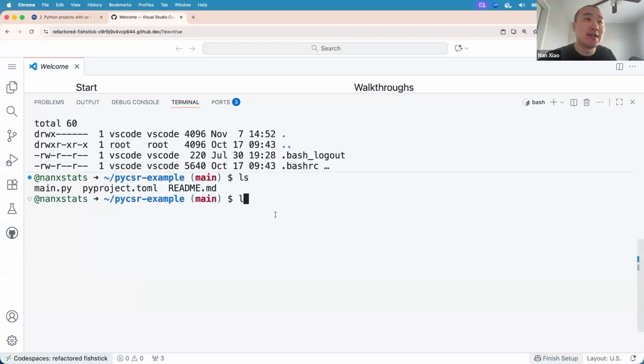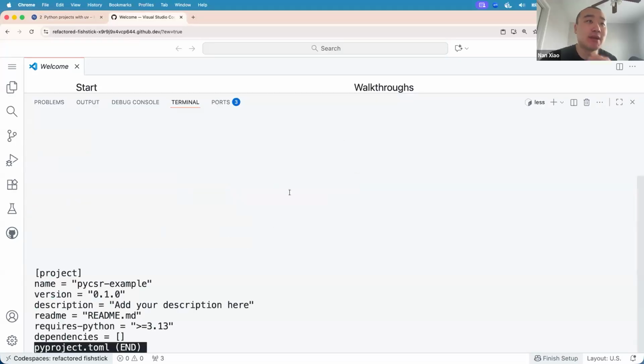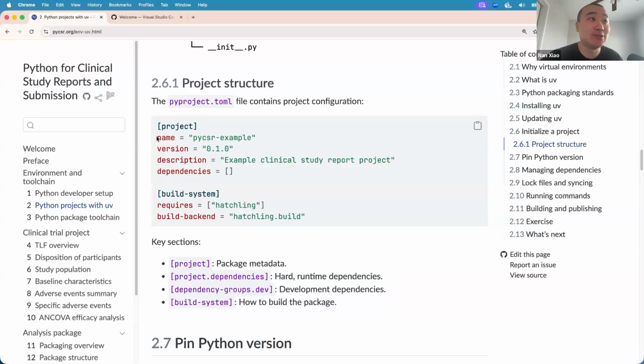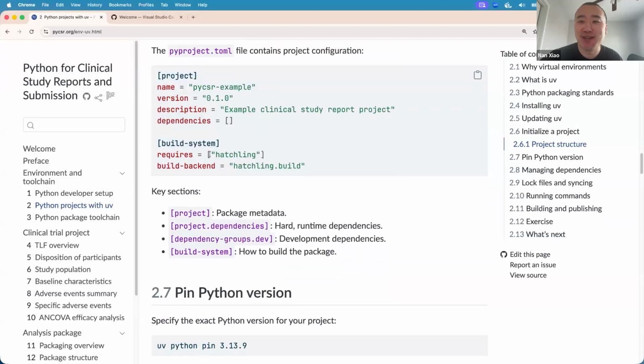If we want to check out this pyproject.toml, right? We can use less, right? And this is just a very, very basic setup from the template from UV. So you probably want to extend these things to a better state later.